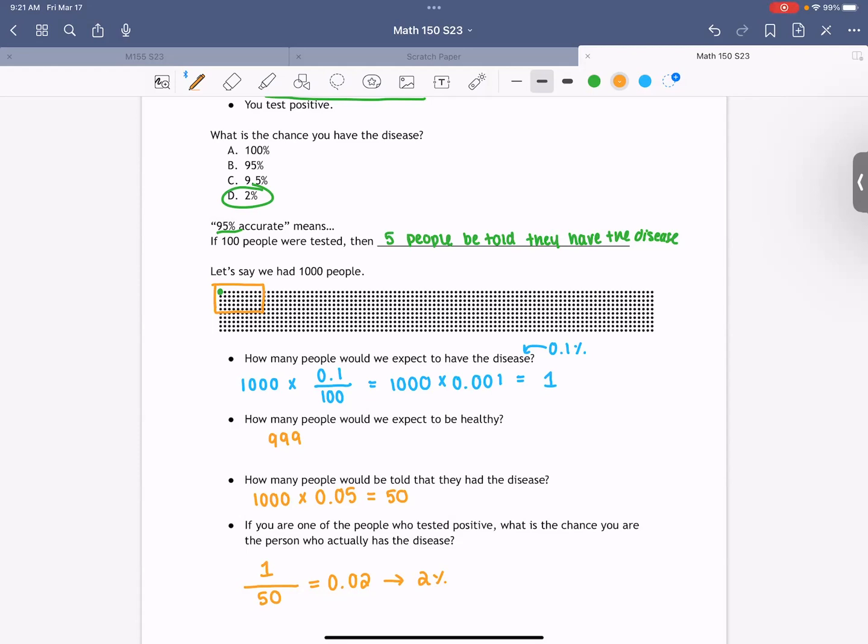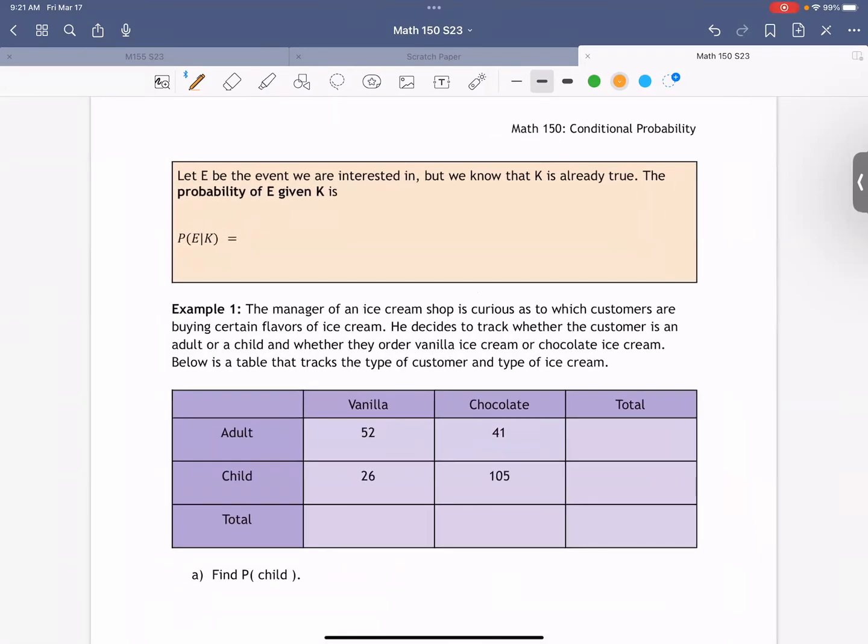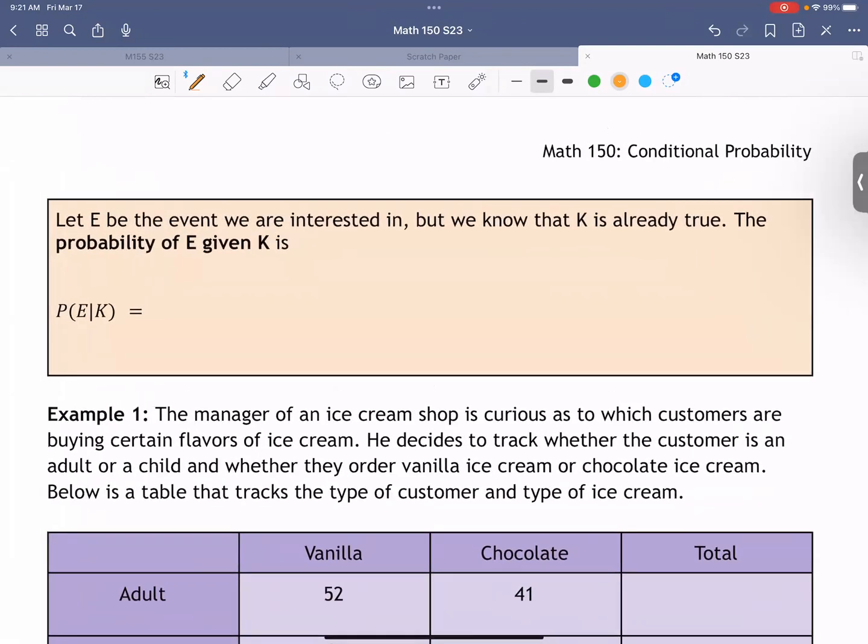So why don't we go ahead and do a different example? I'll show you a way that you can actually do these, and I honestly find these kind of fun. Before I even go into this, I'm going to introduce some notation. Up here on the next page, I know it's kind of strange, isn't it? Let's say we have two events, E and K. Events are things that can happen, like rolling a 1 or being in a classroom. I'm going to let E be an event that we're interested in, an event we're interested in finding the probability of.